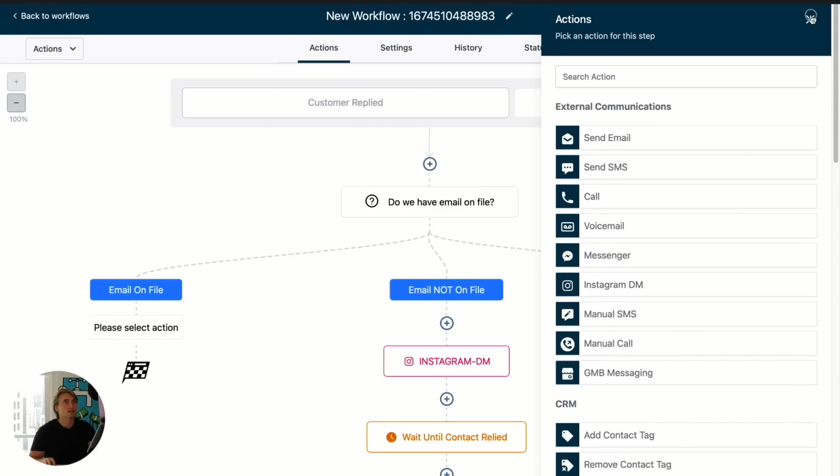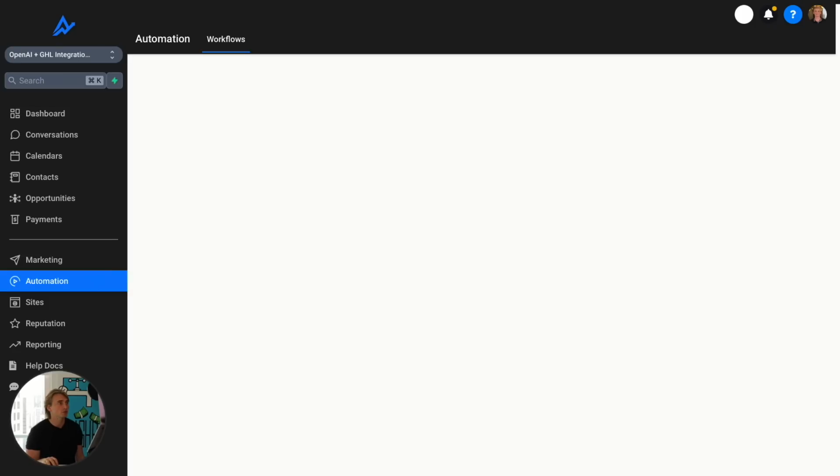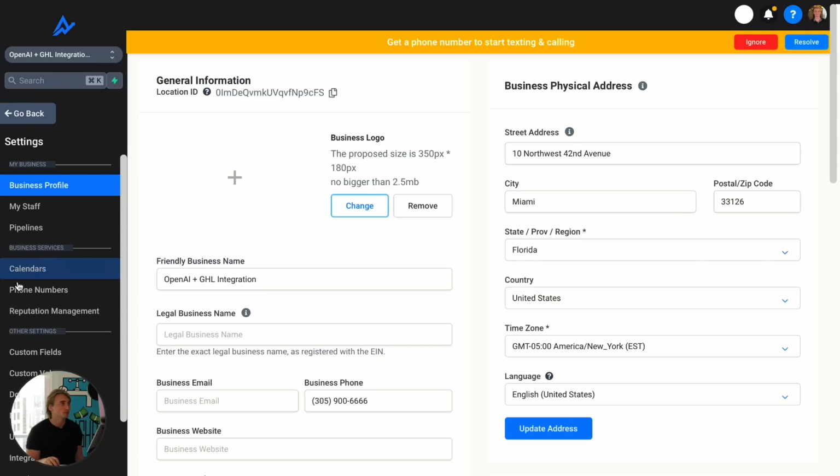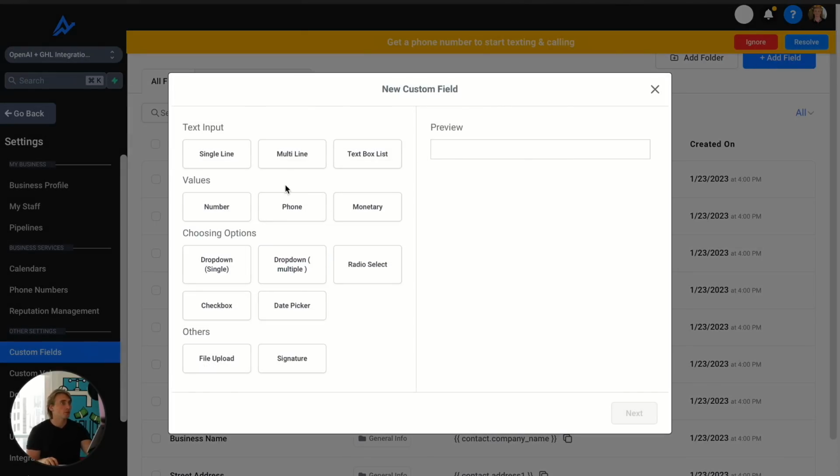We're going to want to take what they send in, and we're going to want to save what they send in as something. So the way that we do this, right? So they're going to send in a message, and they're going to say, what's 5 times 5, for example. Now we need to take that, and we need to save that as a custom value. So what I'm going to do is we're going to go back into settings. We're going to go to custom fields. We're going to add one, and we are going to put here,